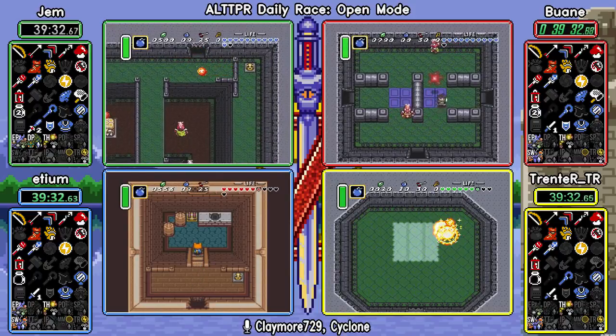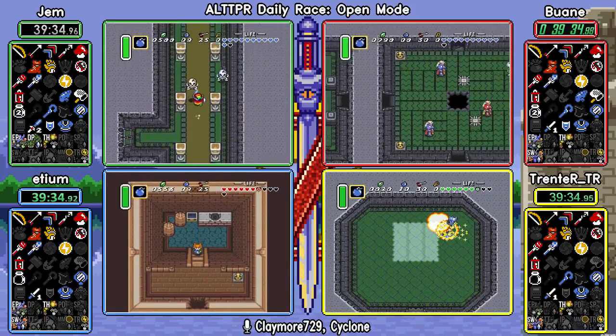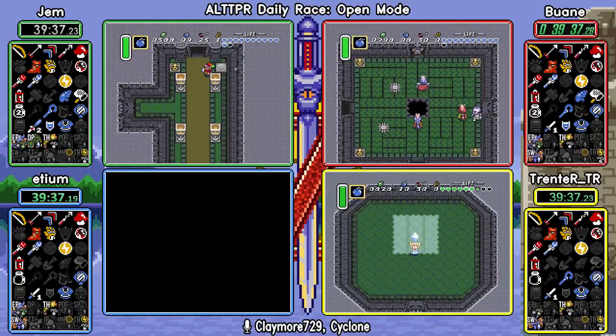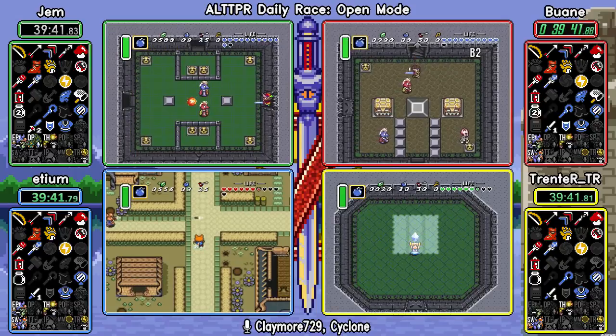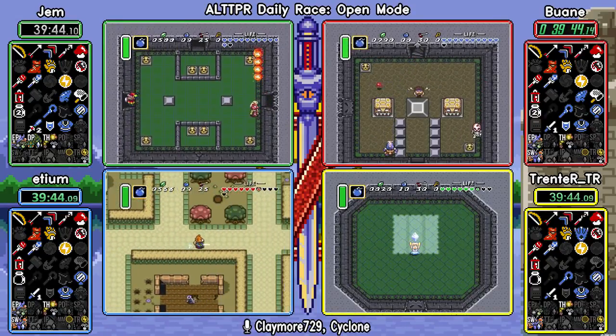And Trent with a beautiful Blind fight. Let's see what Blind drops. Blind, the flippers! Blind drops the flippers. They can now go water swimming, and that opens up, I believe at this point they have everything they need